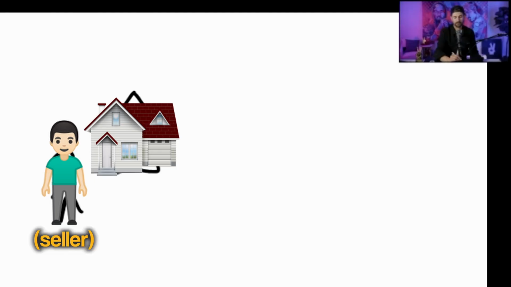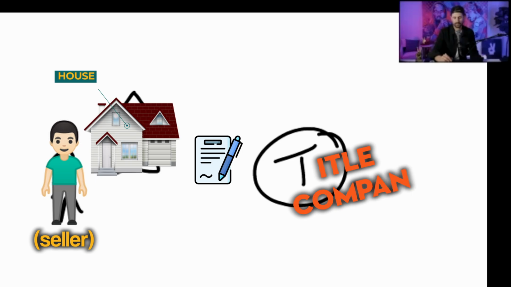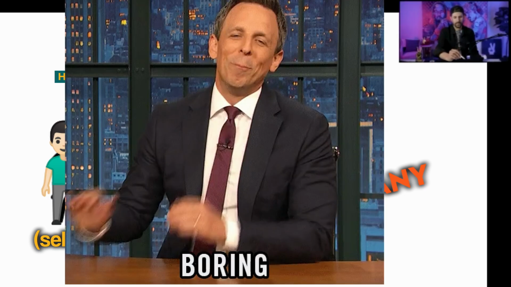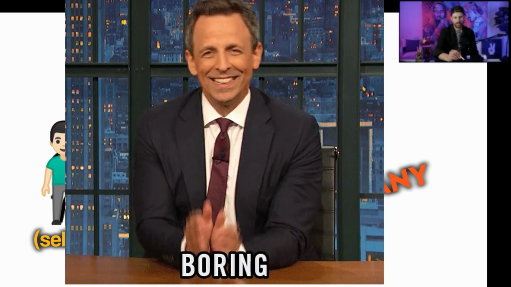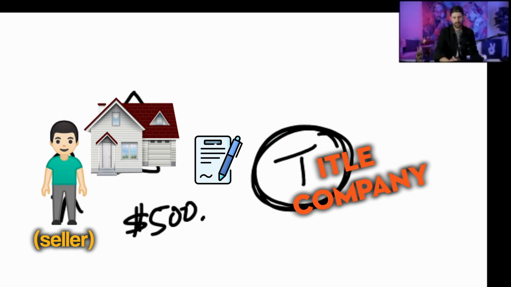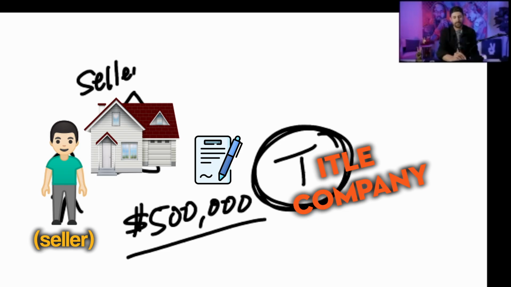So here's my seller. I get a contract on this house and I open escrow at a title company. T just stands for title company. The contract price of this house is, let's say, that sounds lame. There's no houses for $100,000 nowadays, guys. Let's say $500,000. I've got this seller saying, I am open to seller finance, but I need a large down